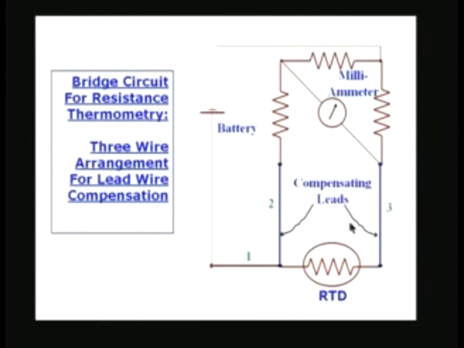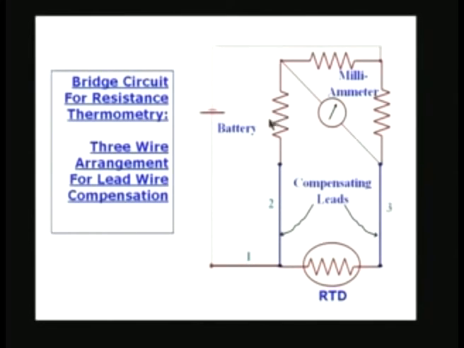Therefore, the lead wire is now going to be on both the arms, and therefore, the lead wires are going to compensate for each other. These 2 and 3, they have certain resistance of their own, and these resistances are going to be in the 2 arms of the bridge, and therefore, they are going to cancel out. And lead number 1 is going to help us in connecting it to the external world, the external battery, which is shown here. So, the 2 and 3 are referred to as the compensating leads, because they are going to be in the 2 sides, 2 arms of the bridge for the measurement.